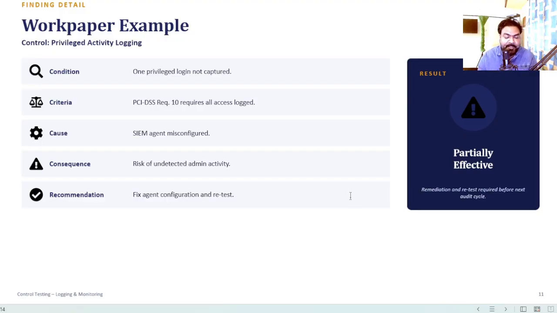Workpaper example, finding detail. Let's turn that exception into a proper finding. The condition: one privileged login wasn't captured. The criteria: PCI DSS requirement 10 requires all access to be logged. The cause: the SIEM agent was misconfigured. The consequence: risk of undetected admin activity. And the recommendation: fix the agent configuration and retest. Based on this, the control is rated